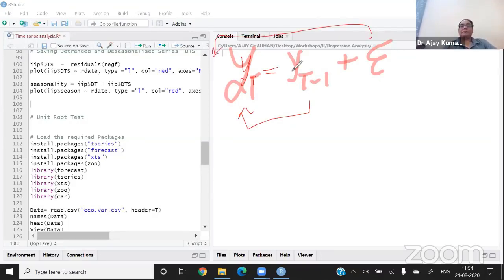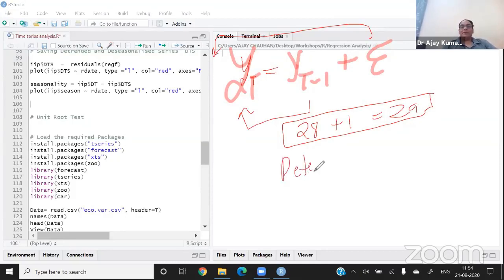Right. Now, suppose today your age is 28 years and I'm asking what is the age after 1 year? So you say that it is 28 plus 1 is equal to 29. So this kind of series is called a deterministic series. But do you think this kind of forecasting we can use in the stock market or exchange rate or forex market, commodity market, right? So most of the financial time series are not deterministic, they are stochastic.